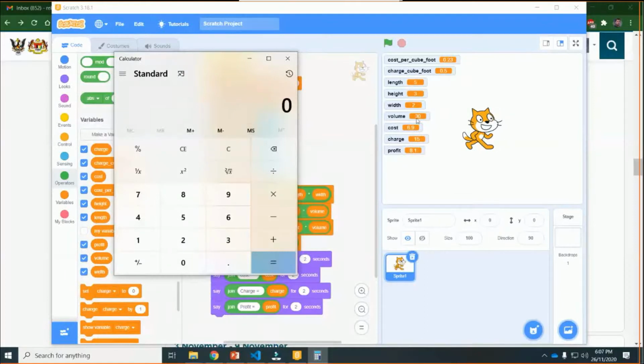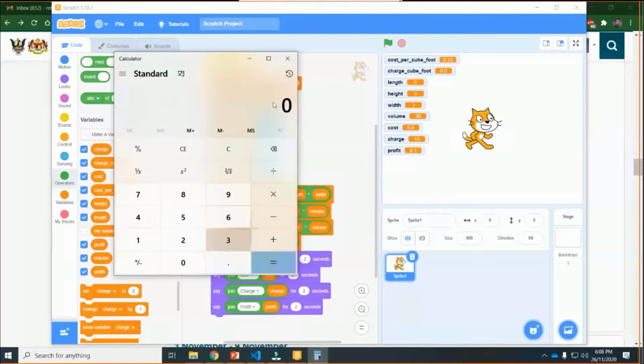Charge equals what? 30 multiplied by 0.5, so 15. Charge is correct. And you see cost is coming almost 7 and selling more than double. Wow, so cruel, right? It's selling quite expensive, right?